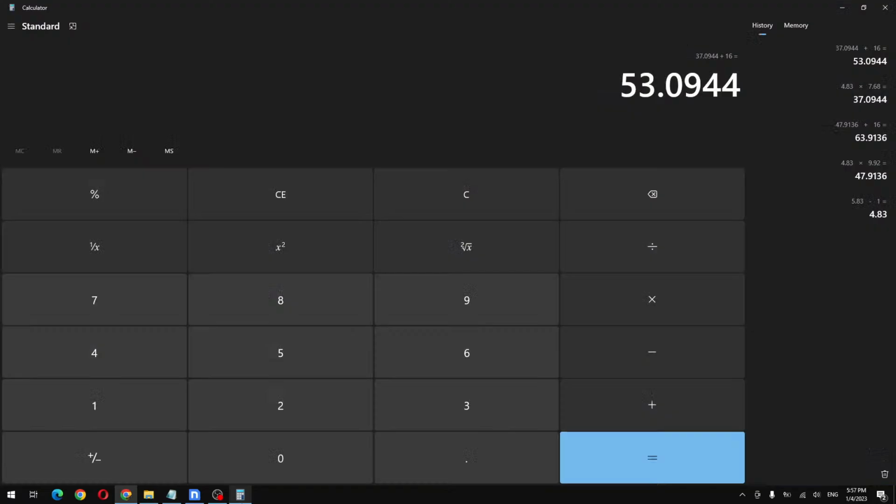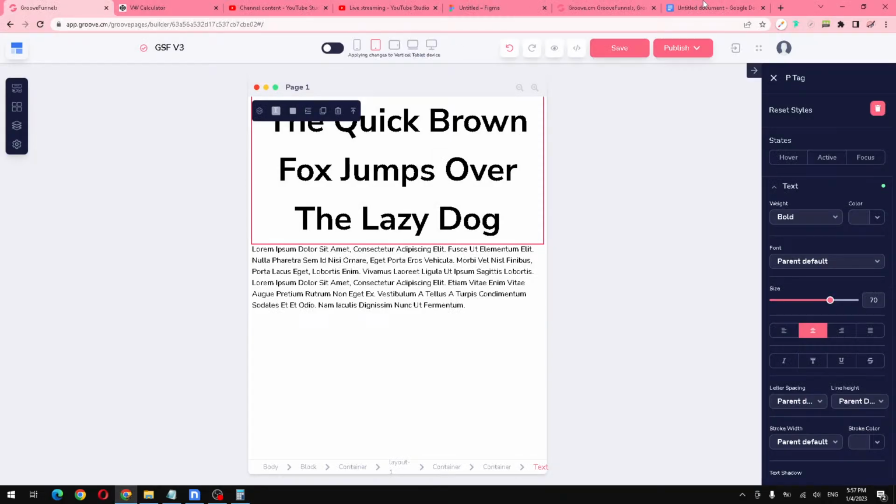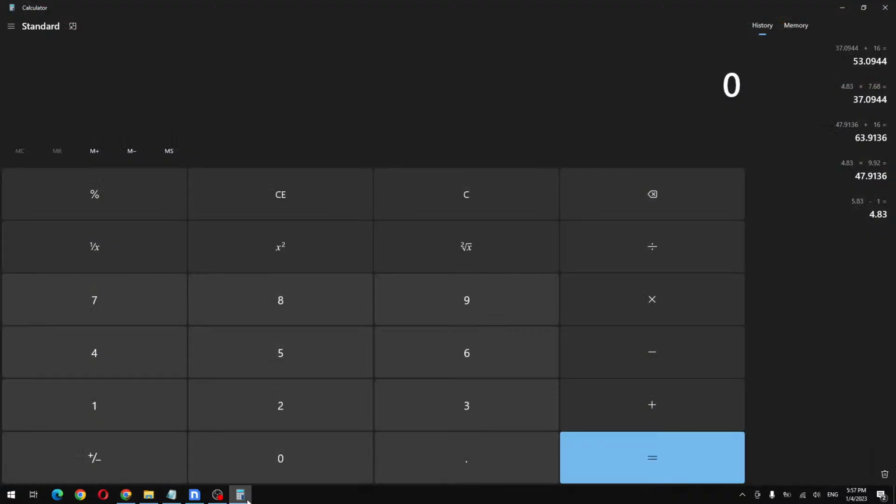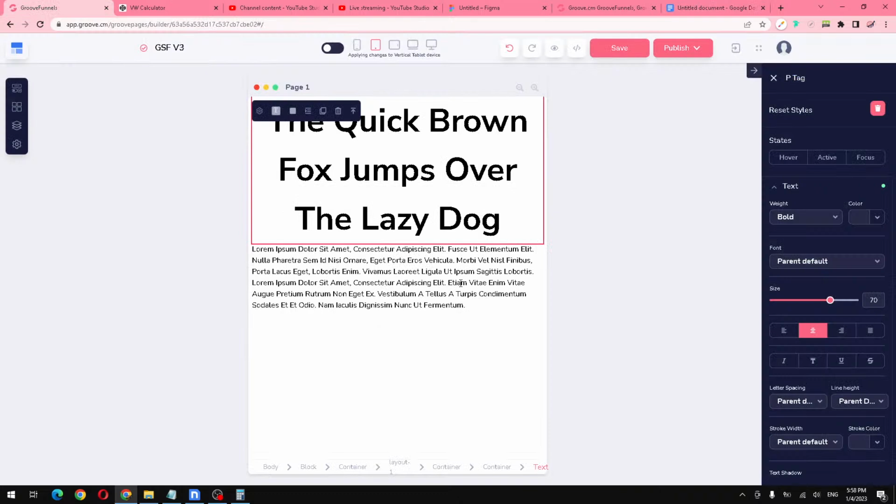And in the iPad, let's do this. When you go to the document, the vertical iPad is 6.4 pixels. So what I'm going to do is 4.83 and 6.4 is 30 pixels. 30 pixels plus 16 pixels, which is the base font size, is 46.9 pixels. So that's what I'm going to be adding here,